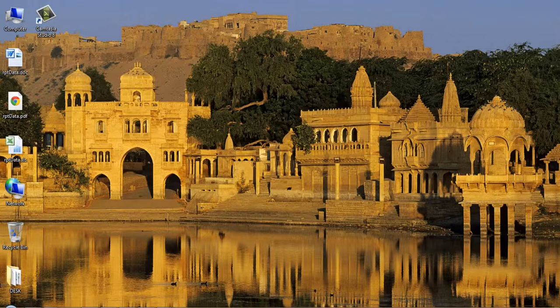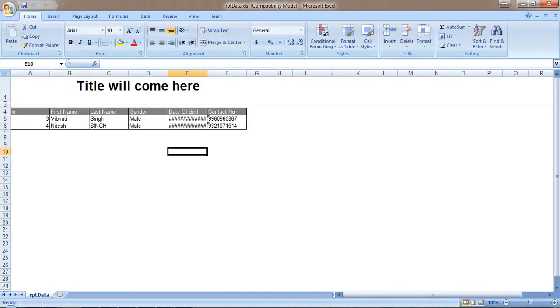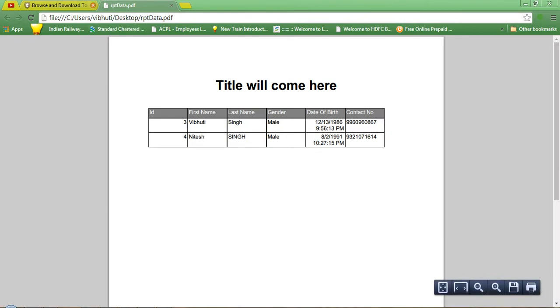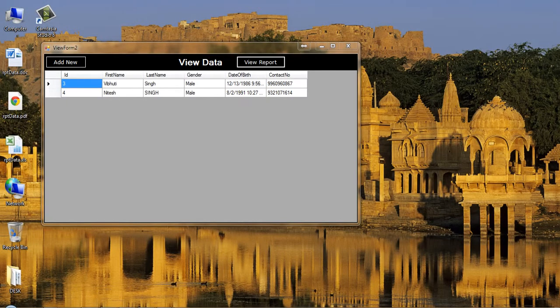You can see all files on desktop. This is the Word file generated. PDF file, Word file.